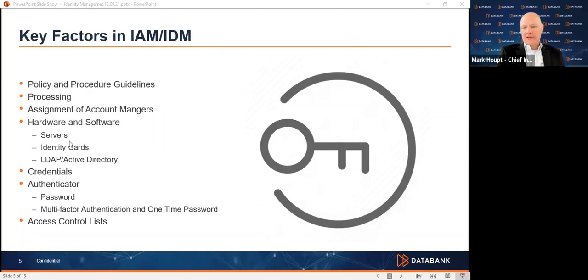Then, of course, as IT professionals, we need to take a look at the hardware and software that's available for us out there. You need to decide the horsepower that you need on your hardware, and you decide what kind of directory services that you might use. Of course, Active Directory from Microsoft is the most popular, with almost 97% of companies that are using some sort of directory services using Active Directory. Keep in mind that Active Directory can power not only your enterprise itself, but also your enterprise applications, and allow for some sense of a single sign-on.